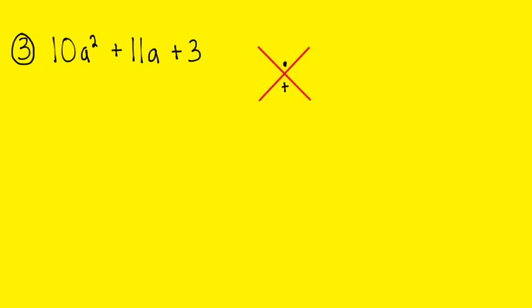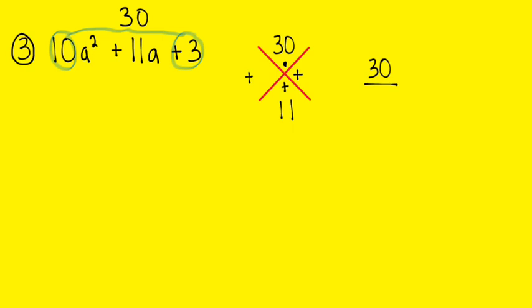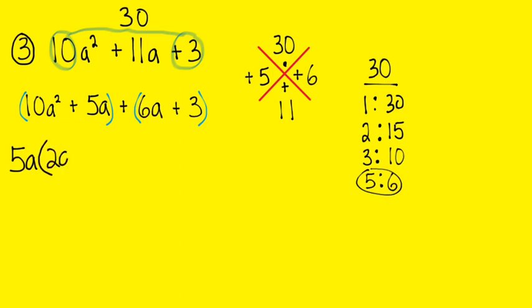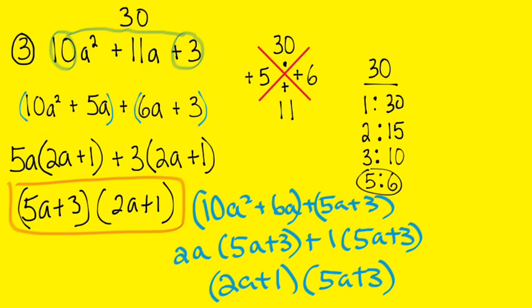Okay, we're going to go 3 times 10, pardon me, is 30. And we have already looked at this before. The two terms to multiply to be 30 but add to be 11 are 5 and 6. But I'm not really done yet because I need to remember that splits. The 11 is represented in the 5a and the 6a, and I still have to factor by grouping, taking a greatest common factor out of both, and then taking another greatest common factor out, which is 2a plus 1, and